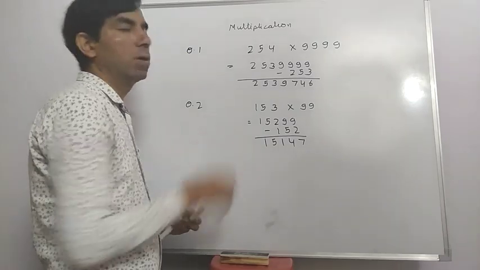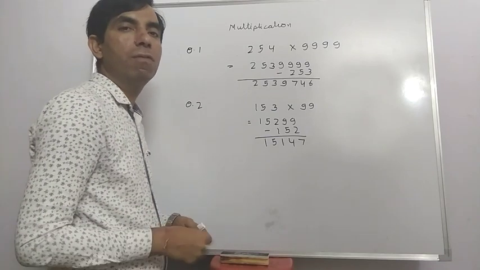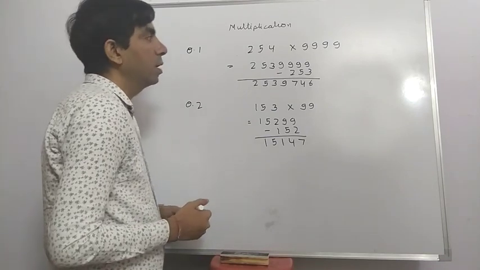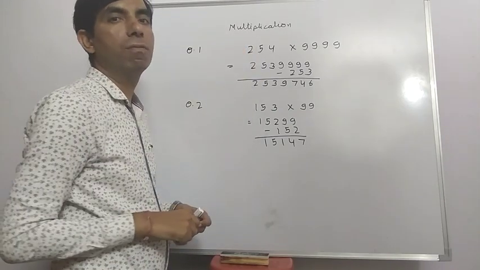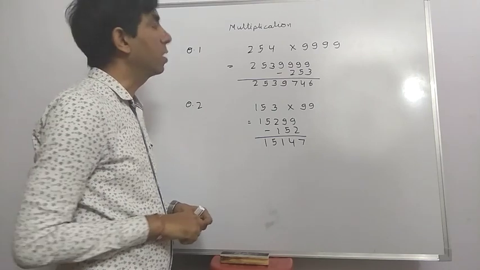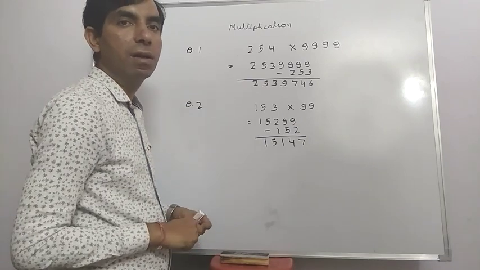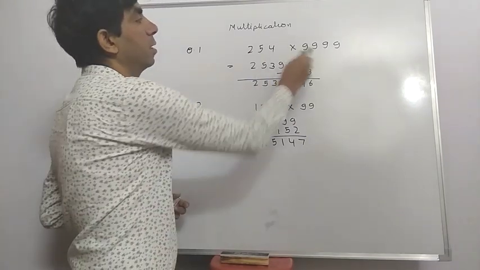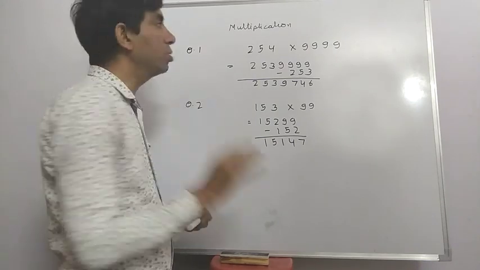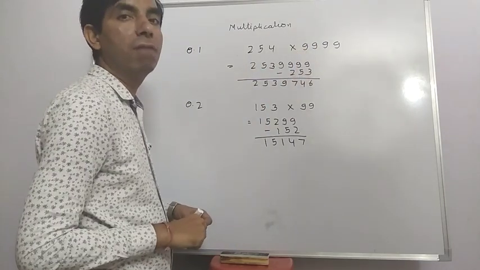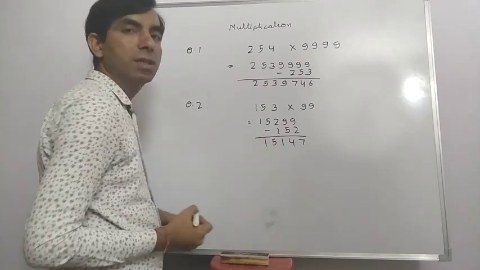If we multiply by the old method, then it will take a lot of time. But here we can solve in 10 to 15 seconds. Each time, you know that we write the previous number of the first number, and the number which is made by 9s is written as it is. We do not make any change in the number which is made by only 9 digits. So it is the answer.